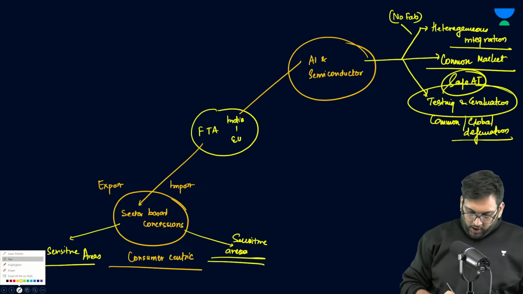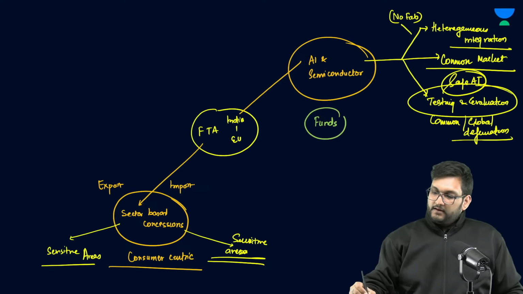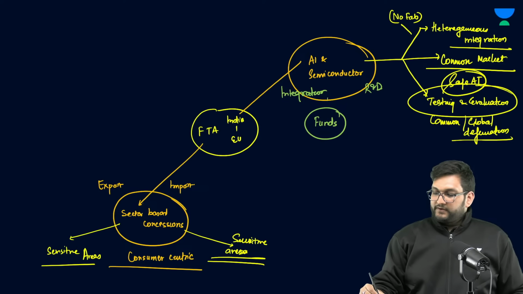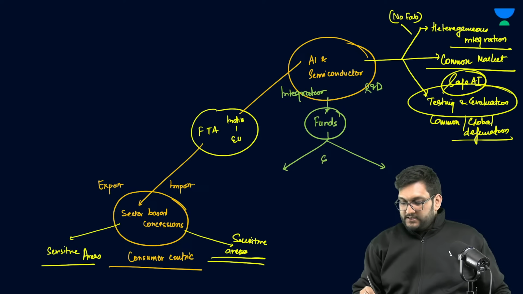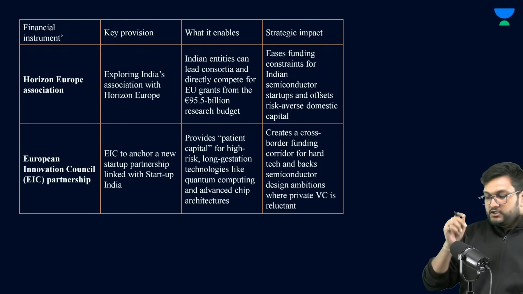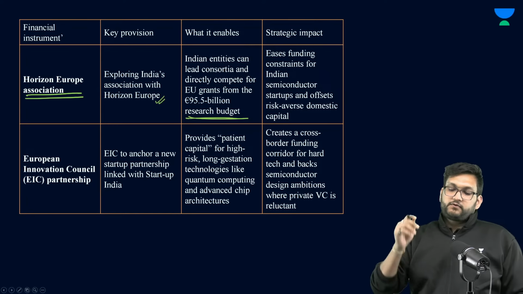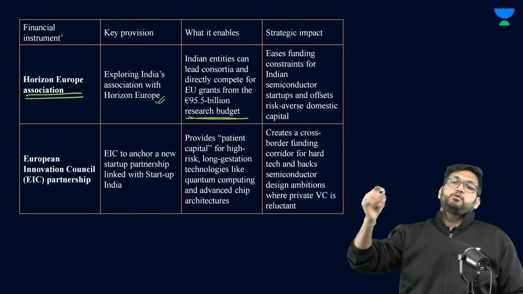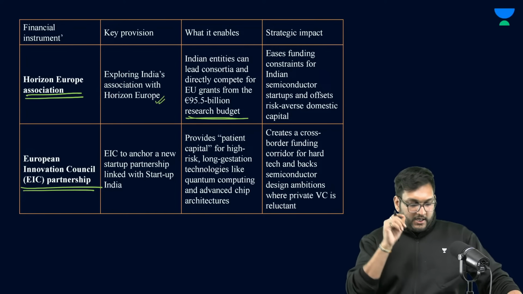Now, for all of this, India needs funds for research and development, for integration. India needs funds. And this is where there are two opportunities which are created within the EU to get these funds. First is called the Horizon Europe Association. This is an association which gives you grants for AI development and can allow India to get funds and grants to develop AI further. Second is called the European